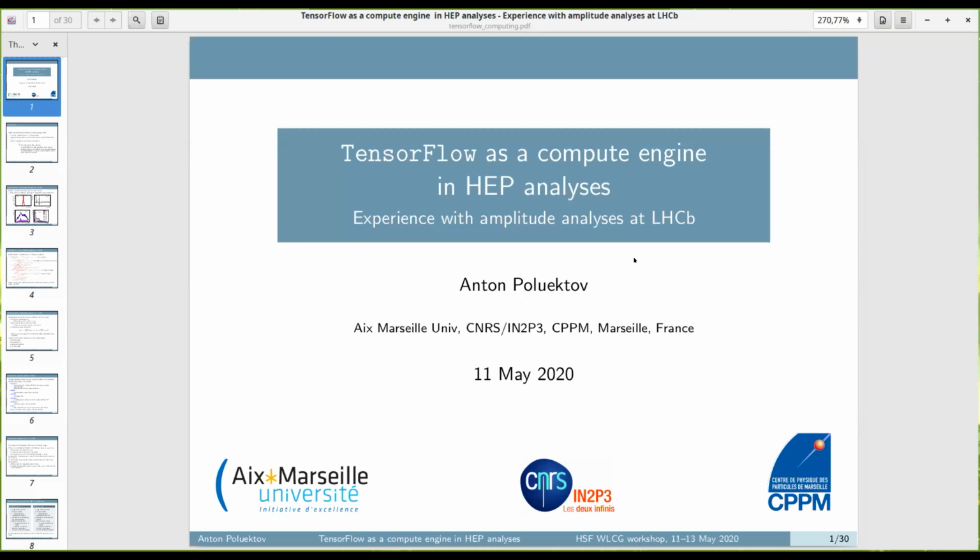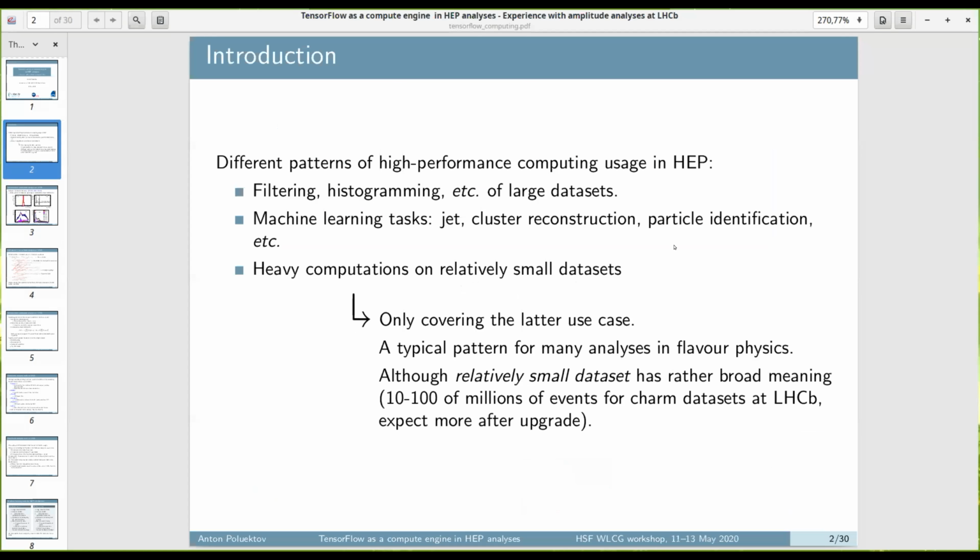I'm going to share some experience with using TensorFlow as a compute engine for HEP analysis, and in particular for amplitude analysis in LHCb. Just to clarify what kind of use case I'm covering here, this is only one